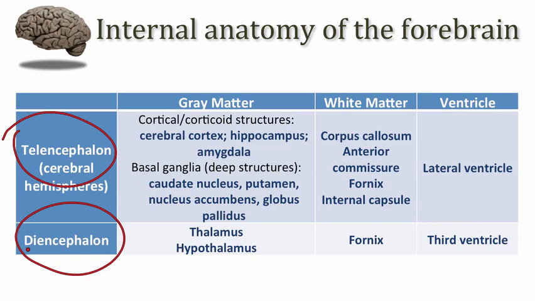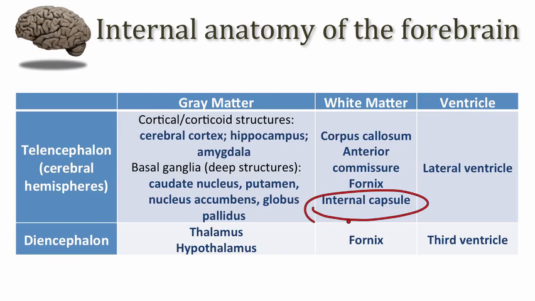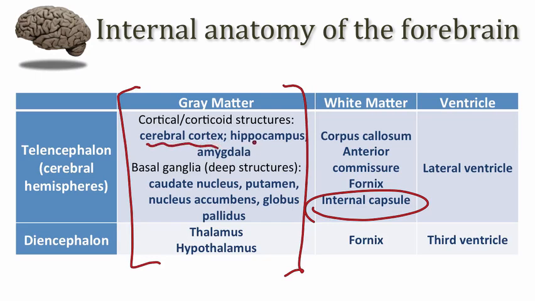Now, what I want you to be able to do is to consider these various derivatives of the embryological telencephalon and diencephalon. And mainly what we're going to focus on is one bit of white matter called the internal capsule, and the relationship then of these gray matter structures relative to the different components of that internal capsule. Okay, so yes, we're going to see the cerebral cortex and briefly the hippocampus and the amygdala and the temporal lobe, but really our focus is going to be here in the basal ganglia and in the diencephalon, and in